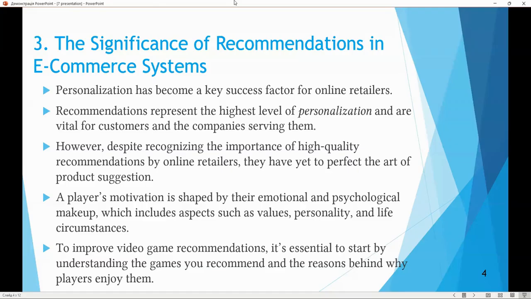For customers, the benefits include an enhanced user experience, a sense of being understood and valued, and more tailored offers and promotions. For businesses, the advantages are equally significant: improved customer engagement, substantial customer growth, increased web traffic, and higher sales and revenue. However, despite recognizing the importance of high-quality recommendations, online retailers have yet to perfect the